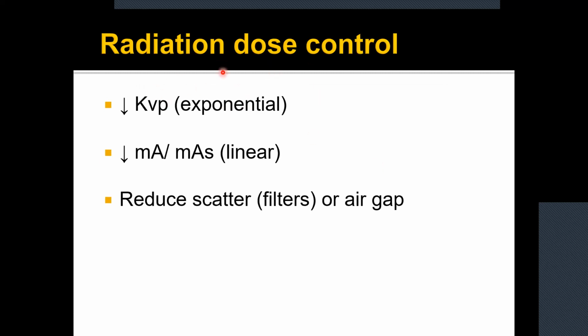Finally, for this lecture, we're going to talk about radiation dose control. And there are three ways that we can control it. Okay, the first one is by lowering our kVp. Now the key thing is that when it comes to dose, kVp is exponential. All right, so to illustrate this,